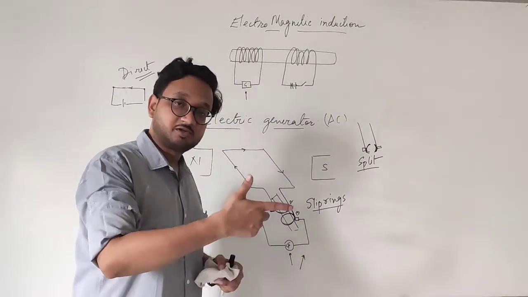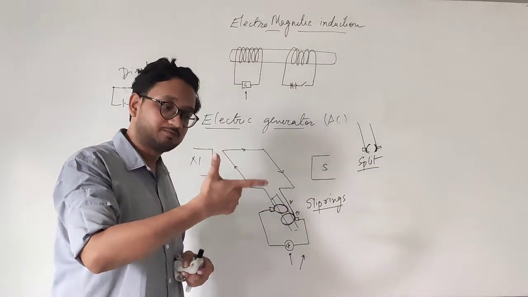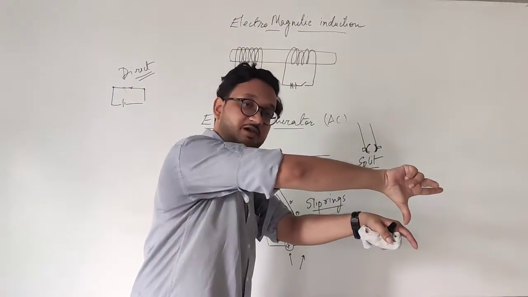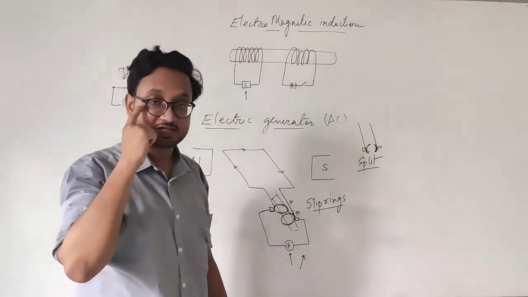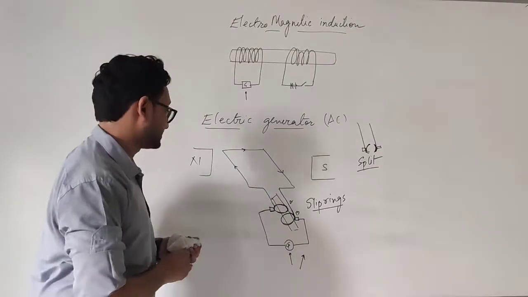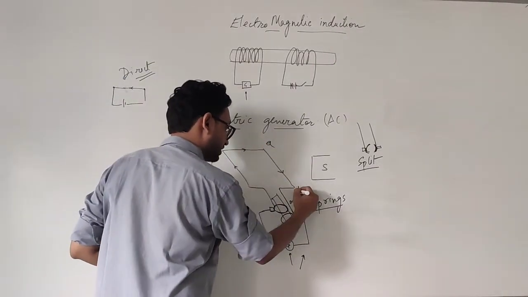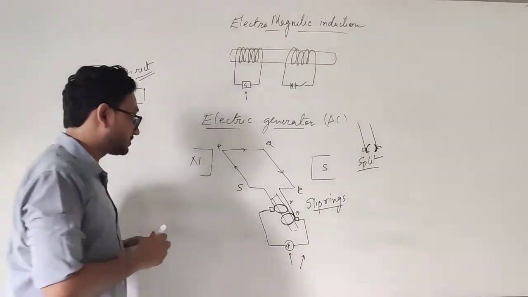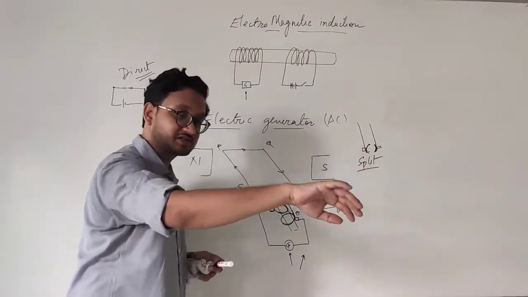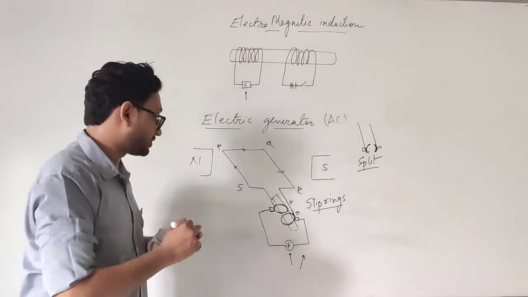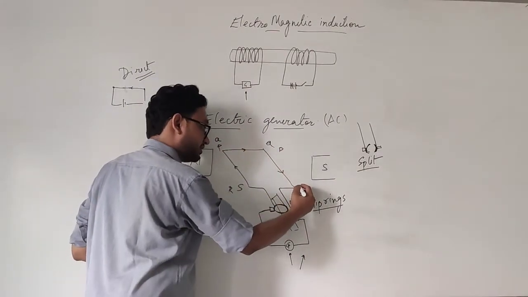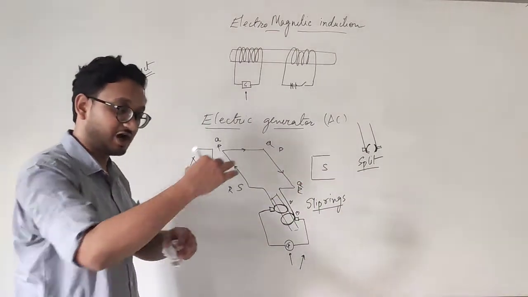Take the coil using Fleming's right hand rule. The movement is in the upward direction, current goes this way, like this, and when it goes this way, then you can see the current is moving in this direction. It comes to this point. Now, the other part which was over here, let's say this is P, Q, R, and S. So the current was moving from S to P, and for Q to R, it was moving in this direction. When this QR part is coming this way, so that R is over here and Q is over here, P goes to this direction and Q goes to this direction after half of the turn.